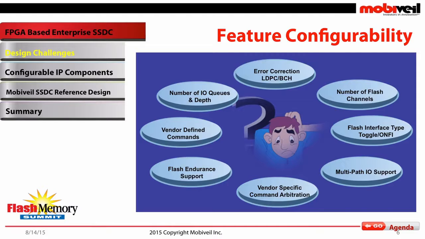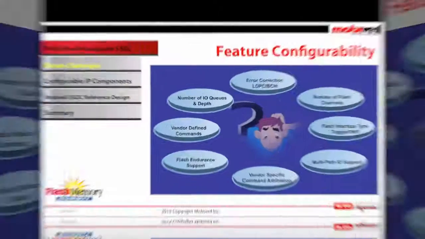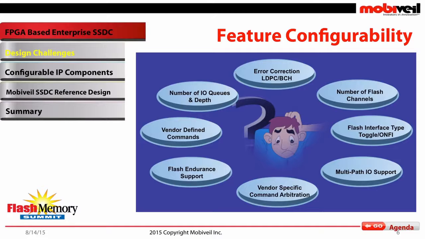As we are scaling up on the flash side, there are still some implementations which would like to have PCH, but most of the future ones are looking towards LDPC. So there has to be flexibility in the design. The reference design should be created such that you can replace one with the other one.